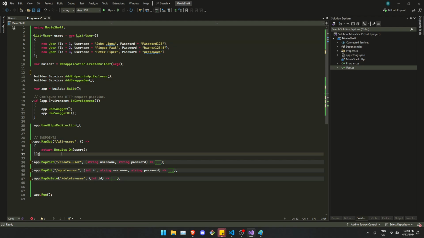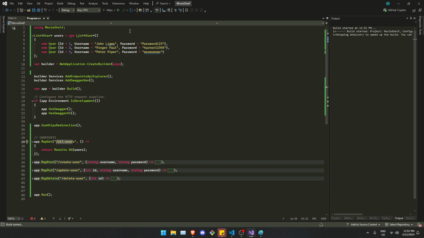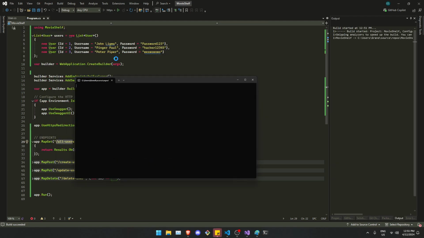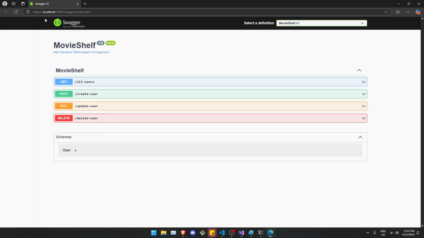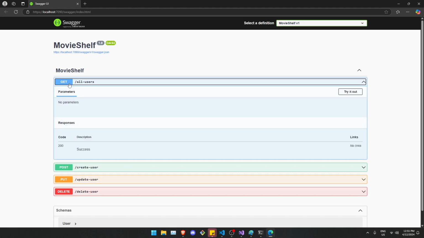So let's say this endpoint is /all-users, that will return all of these users in a structured JSON format. It will show you, because we're using Swagger, which is just a graphical user interface for testing your endpoints and documenting them. So say here, if I get all the users,